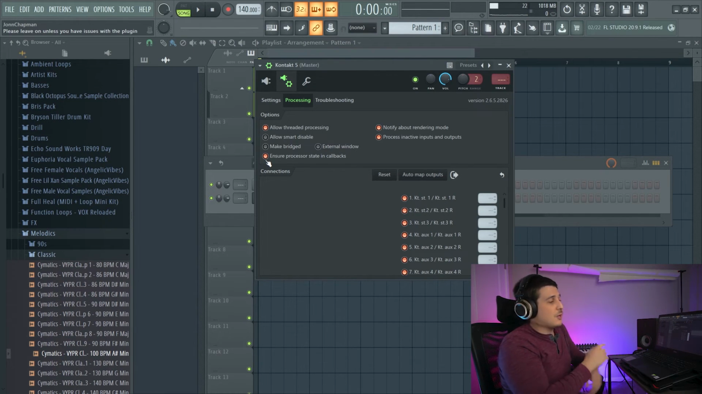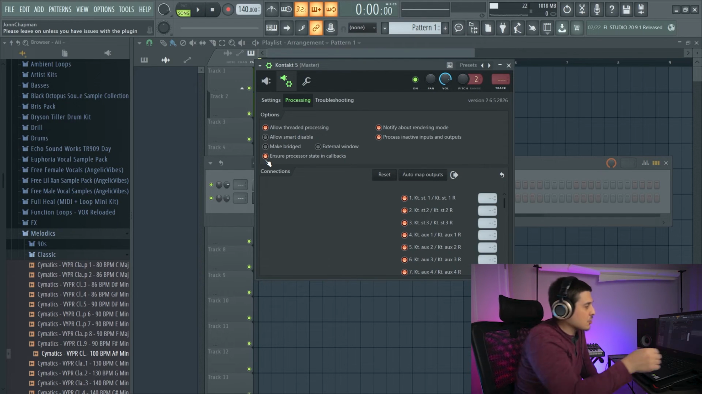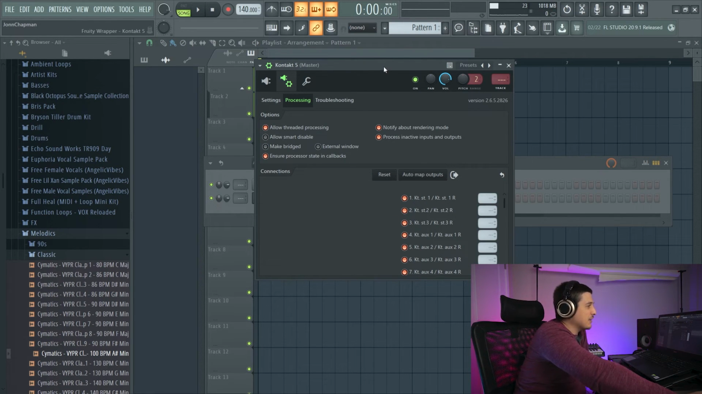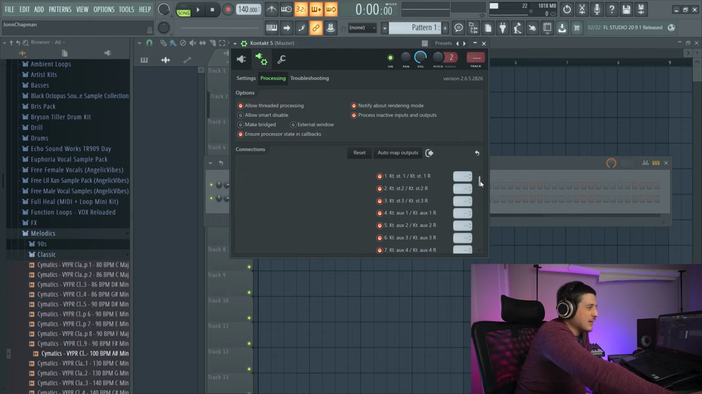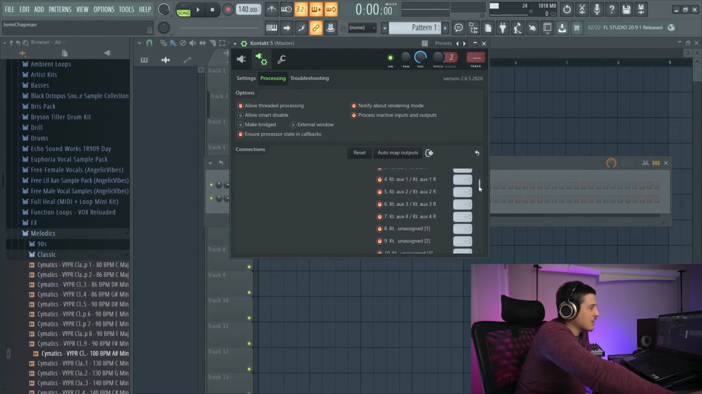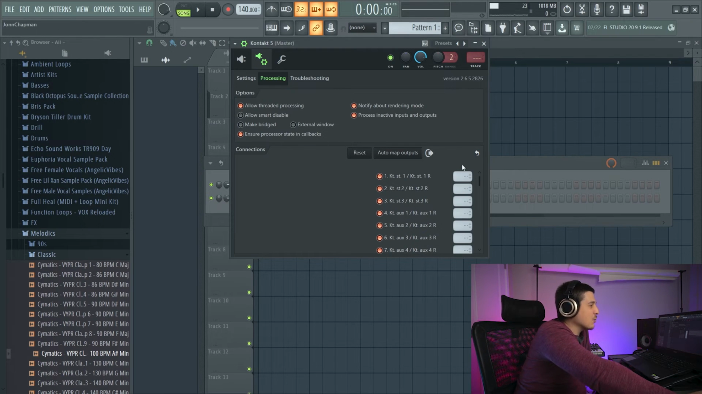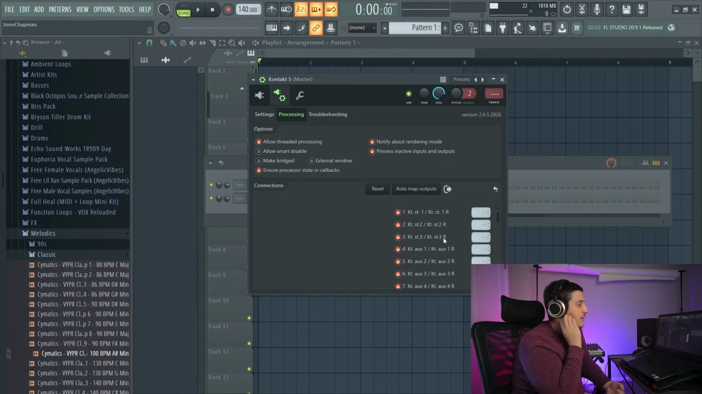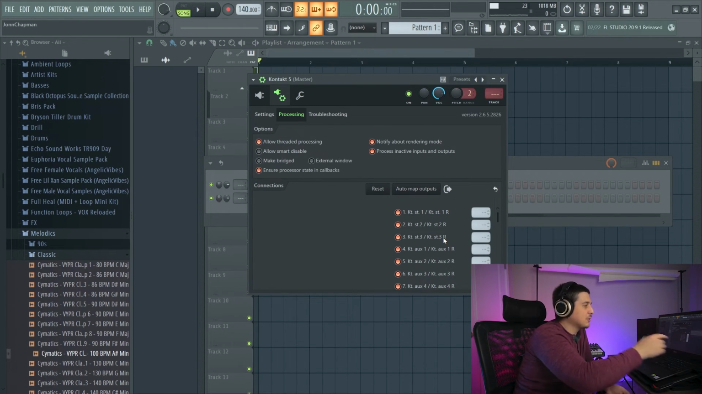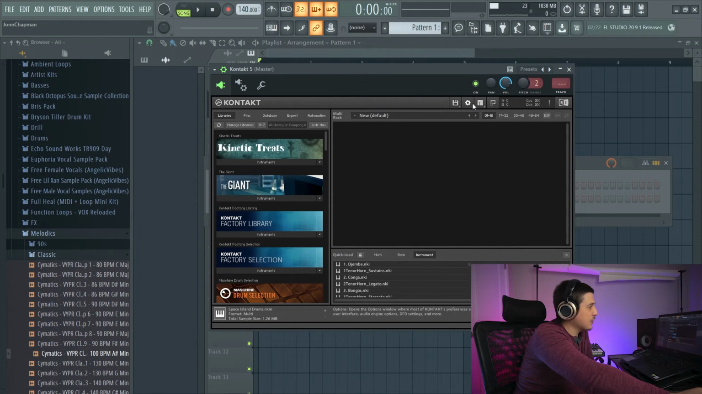So leave this on unless you have issues with the plugin. Connections. This is freaking sick. So MIDI has inputs and outputs. Audio has inputs and outputs. This is the way you would route that for different plugins. This 1 and 1, 2 and 2, 3 and 3, left and right, these all correlate to different inputs and